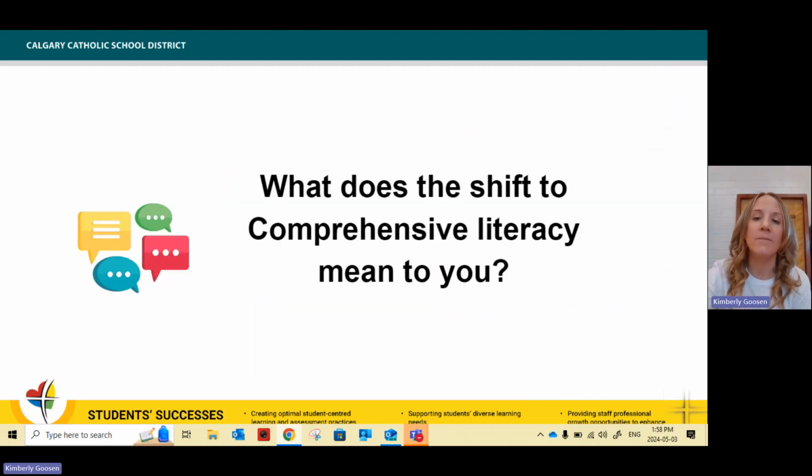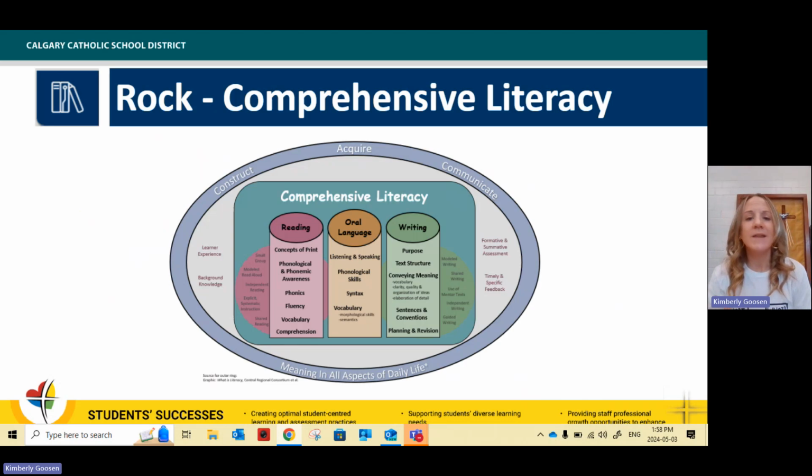So the final big rock is comprehensive literacy. What does that shift to comprehensive literacy mean to you? So we've gone from that balanced idea to comprehensive literacy. And really, the shift for me is thinking about being more explicit in our teaching of reading,